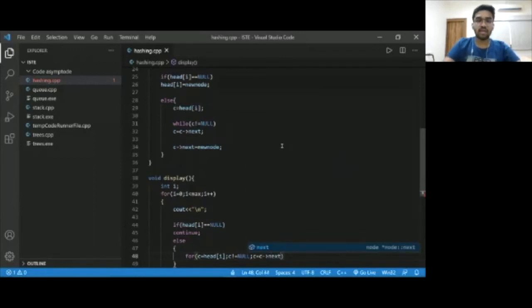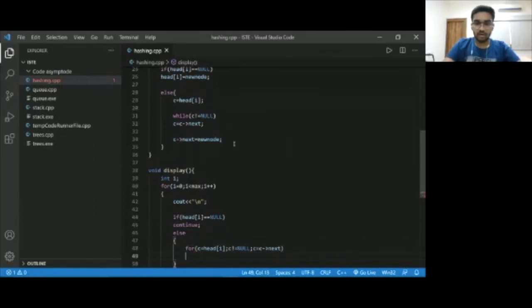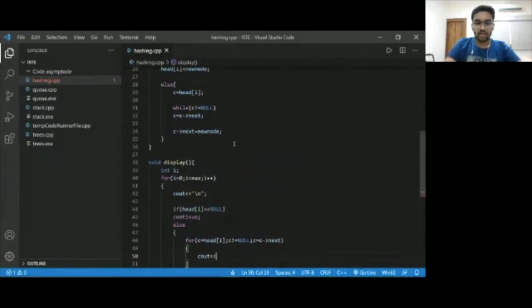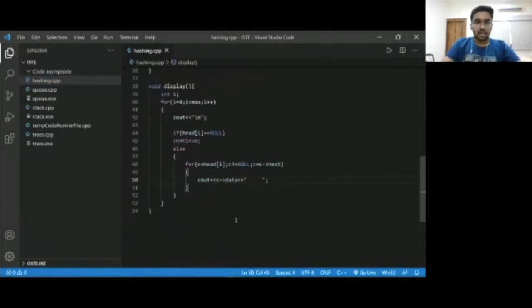The same thing that we did in the while loop. In this loop, let us keep on printing the value of c's data, and this time we'll have a few spaces, not just one space. And that's it. We have our display function also ready.